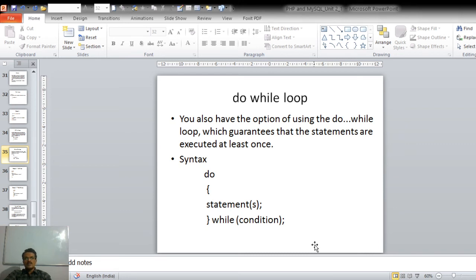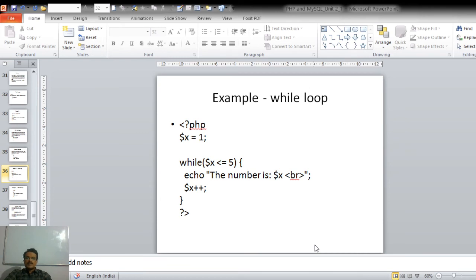Whether the condition is true or false, there is a guarantee that the looping statements will be executed at least once, because we are checking the condition at the last. So first we will have the example of the while loop, then the do while loop. So, while loop,